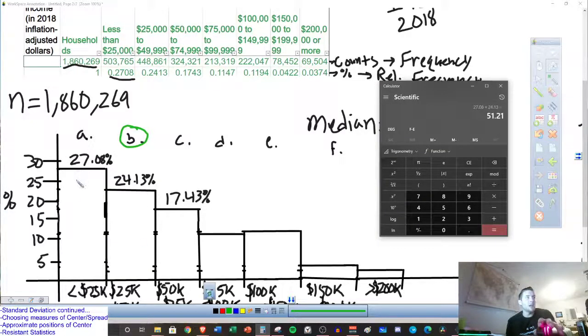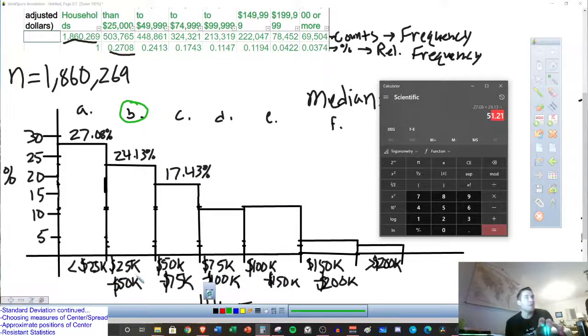Now, why do I know it's not A? Well, A only comprises 27%. So Q1 would be in here, okay? Q1 is going to be in this one, but the median is going to have to be in this one. Now, if we had to guess, is it closer to the beginning of that or the end of that? We would have to say the end of it, because look, 1.21% is all that remains on the higher end of this bar on the histogram. Okay, so it's somewhere in the upper end of the